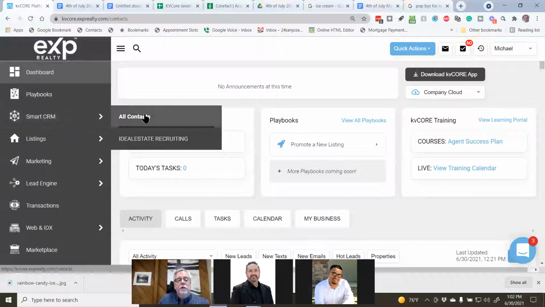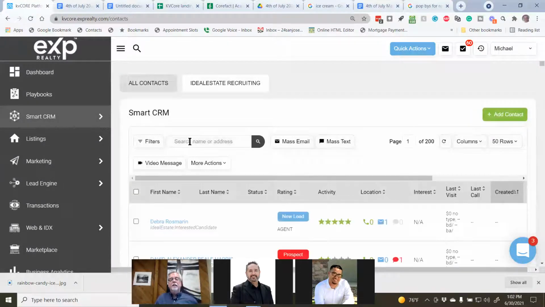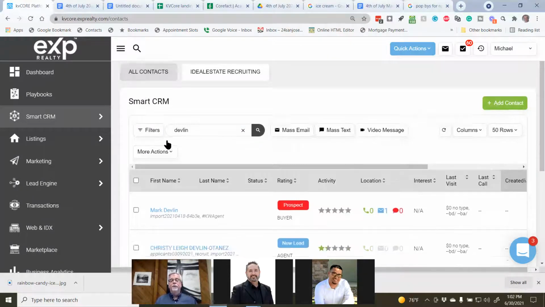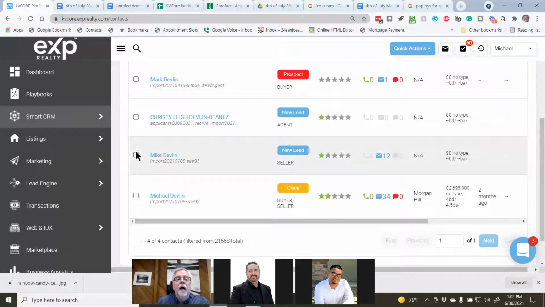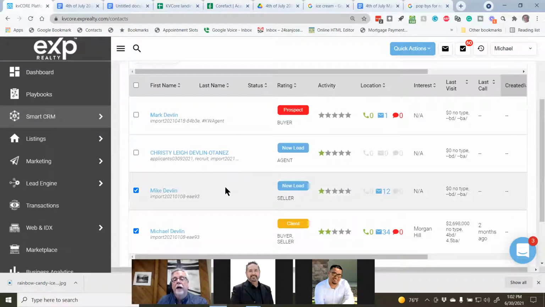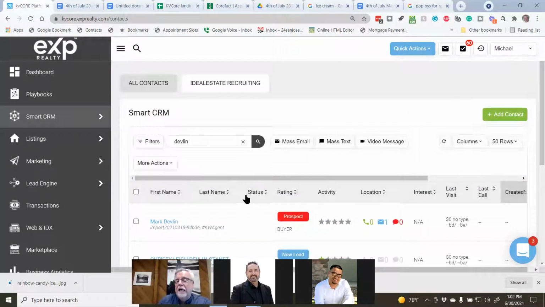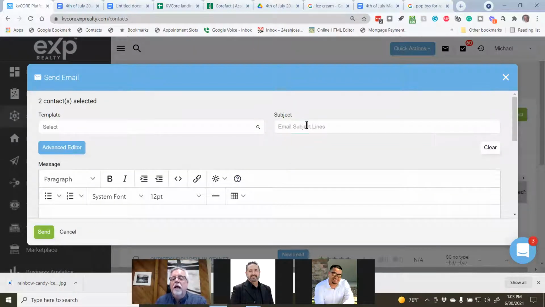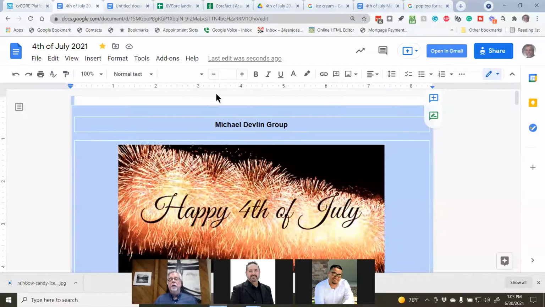So if I go to Smart CRM, and I'm not going to send this to everybody because I want to look at it, I'm going to send it to whoever this guy is, right? And how about these two guys? I'm surprised there are others with my name. All right. And by the way, I could have highlighted everybody. But right now I'm just doing this as an example. Notice mass email is a choice. So I've clicked that subject line, and what I'm probably going to do is,